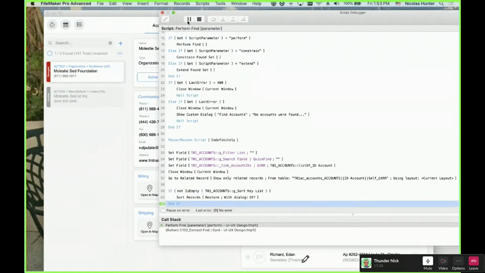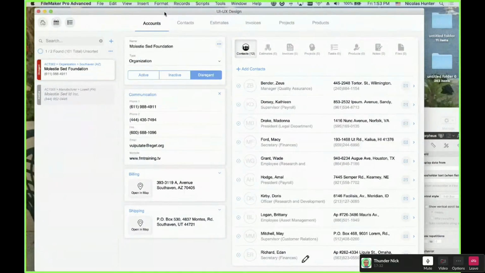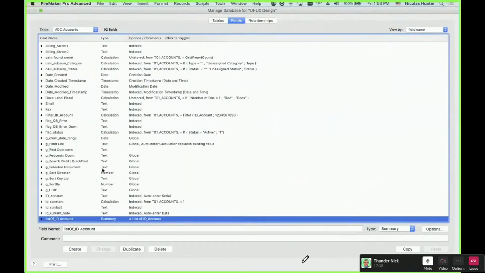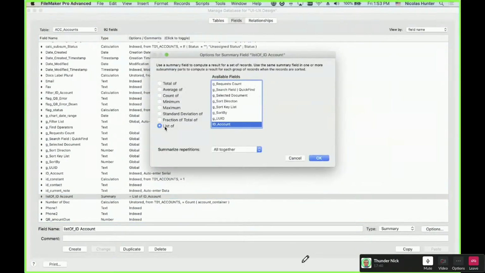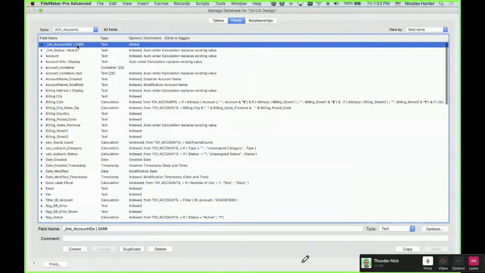So this is how you transfer found sets. It's a very simple process. You need what you need. First of all, you need a list of summary field, a list that points to the IDs of the accounts. That's what you need. And then you need a global field as a link